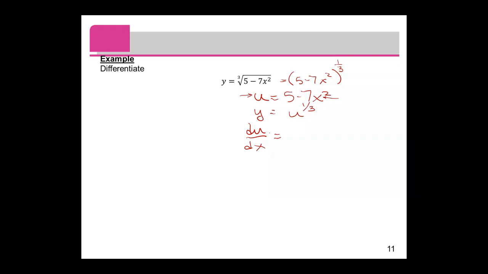The derivative of 5 is 0, minus 14x. Perfect. And then I have what? What's the next thing? I'm going to take the derivative dy over du. Perfect. And that equals